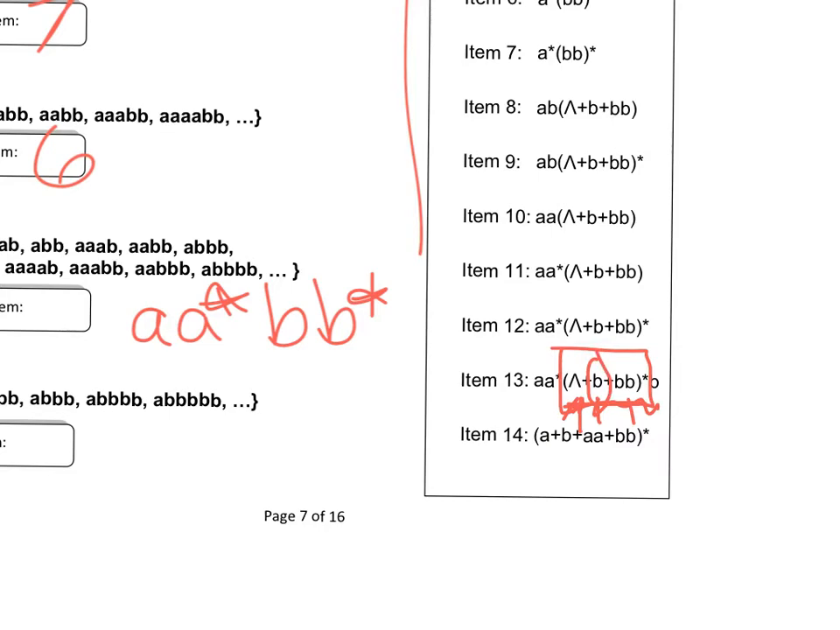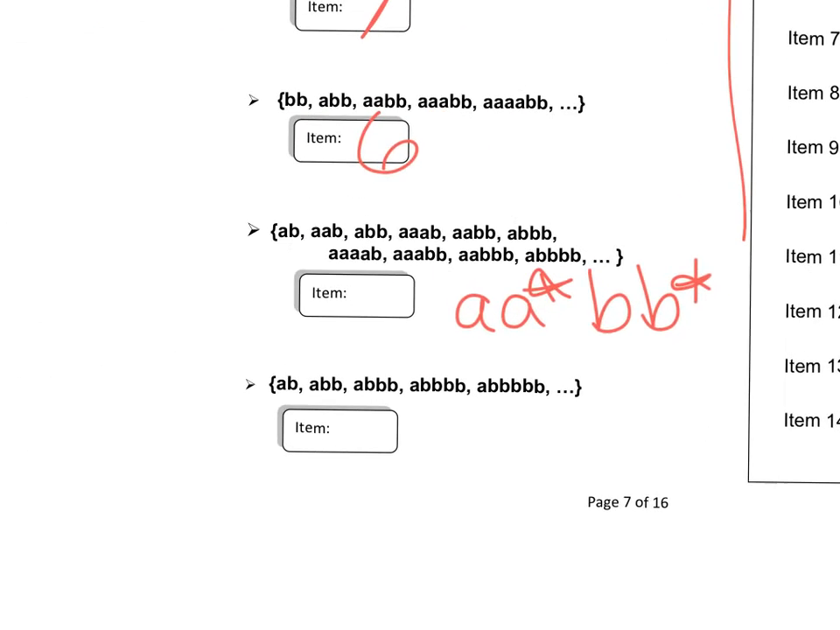So this last one, oh, it's not the last one, sorry. But this one is going to be item 13. And let's just take a look at that last one. So we have A, B, A, B, B, A, 3 B's, A, 4 B's. All right, so a single A followed by, has to be,